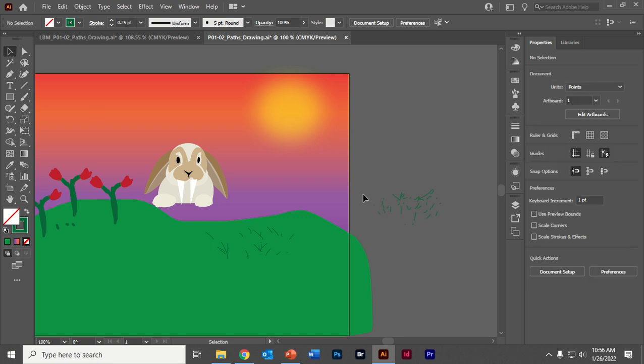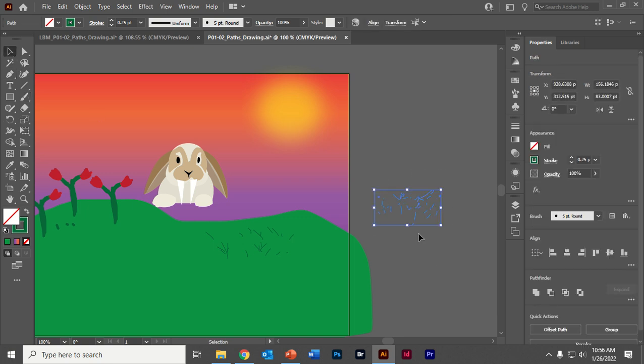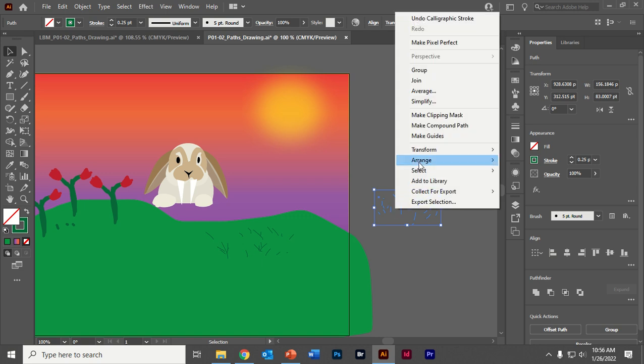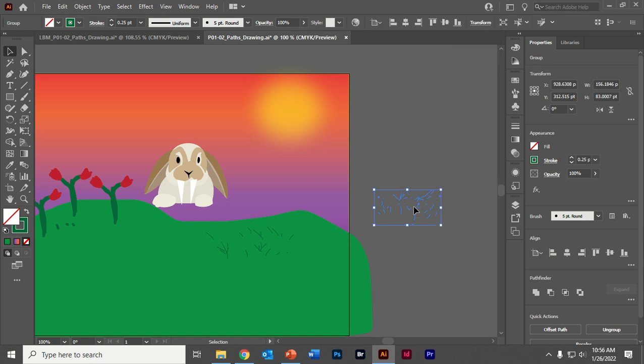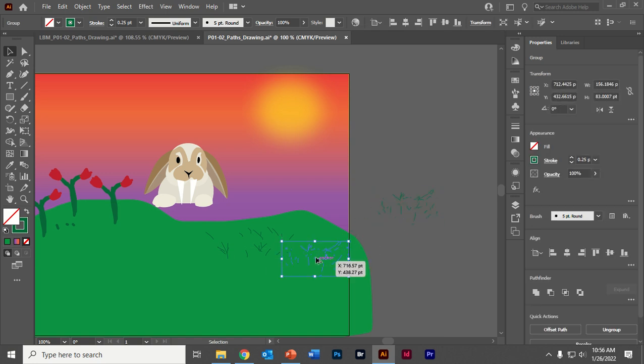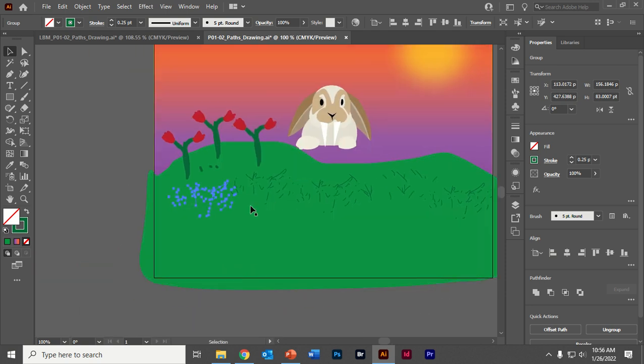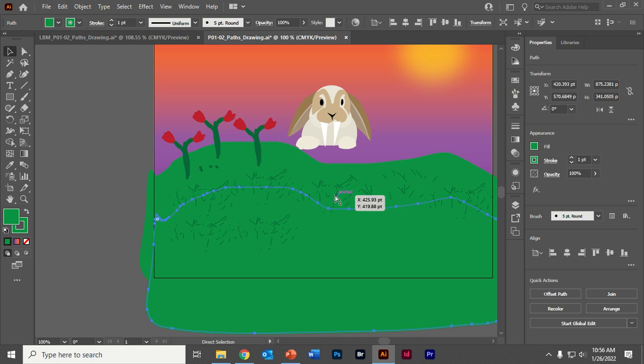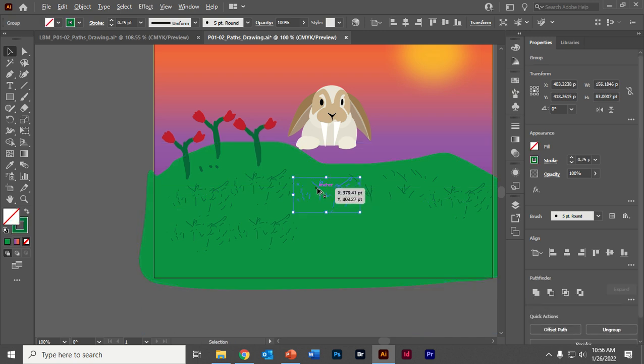Now I can come up with my mouse tool and select all of them, independent of everything else. Right click and group. Now I'm going to hold Alt. Every time I hold Alt, I'll get a new copy of them. So I can create multiple textures. It doesn't look perfect because I was kind of in a hurry. But you're starting to add. Oops, got the wrong layer. You can add